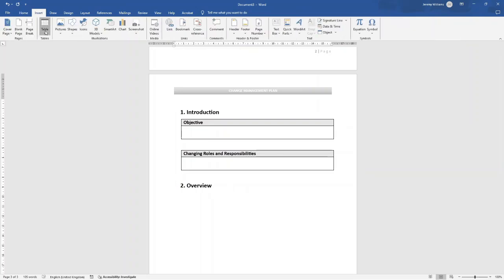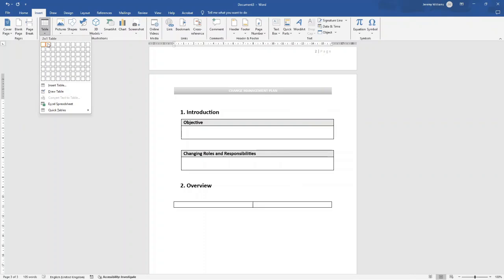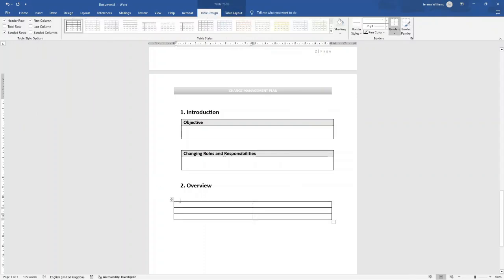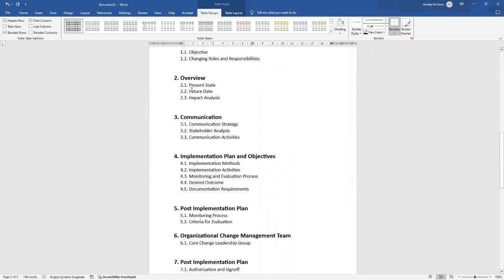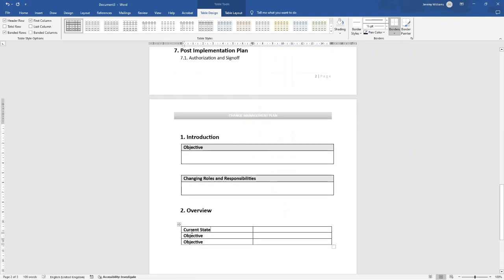So insert table, we are going to do a 2 by 3. Now I'm going to double left click in here, press Control C and Control V in here, Control V in here, Control V in here. I'm going to left click here and drag it across so we're all in line. I am going to change this to current state, and you can always refer back to the contents page to know exactly what you're putting in here. So, well, present state or current state, I'll change that to keep it uniform. Present state, future state, and we need